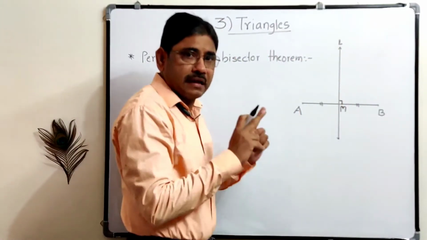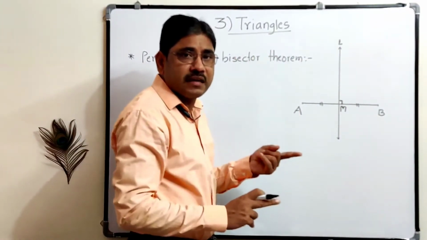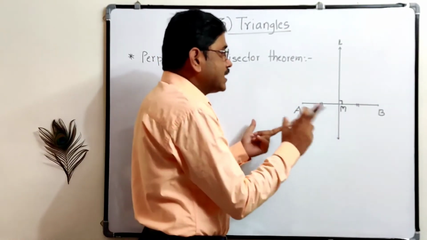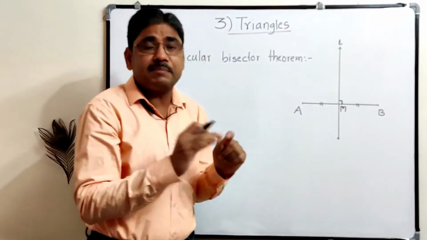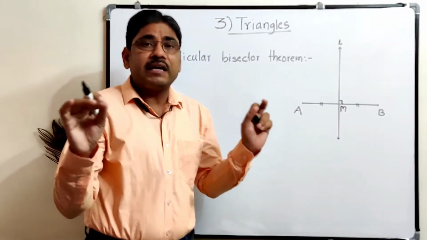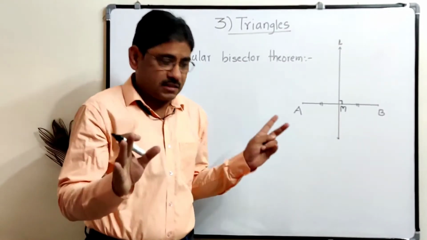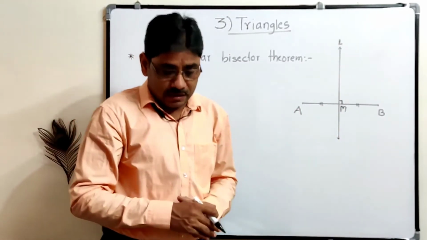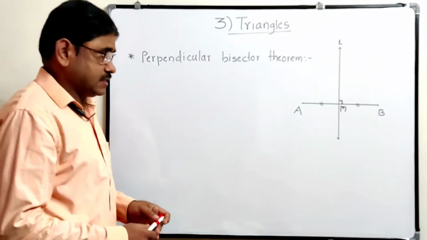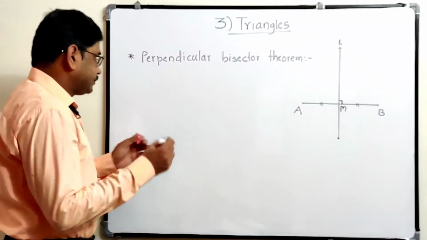Means intersect at 90 degree, 90 degree में intersect करता है और divide करता है दो equal part में. That's why it is called perpendicular bisector. Bisect का मतलब क्या है? Bisect means दो equal part में divide करना, to divide into two equal parts. So here this is the perpendicular bisector. So the perpendicular bisector theorem, there are two parts. Part 1,